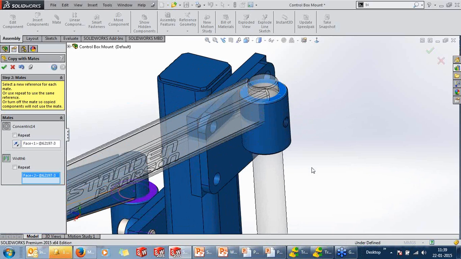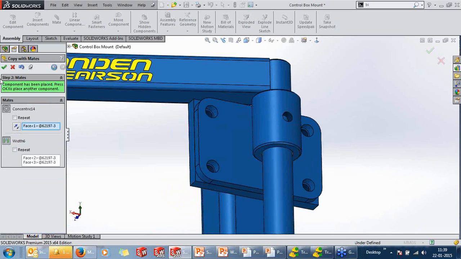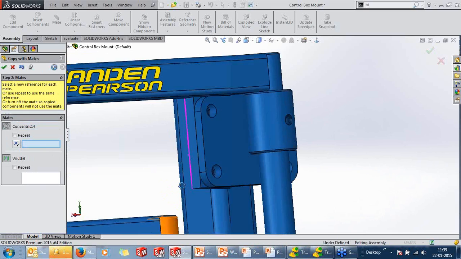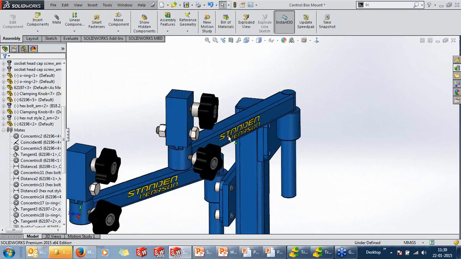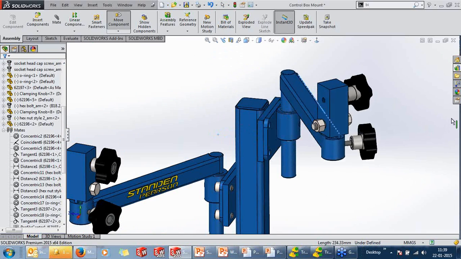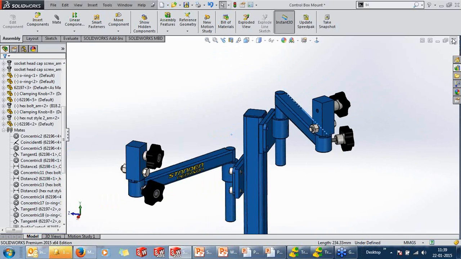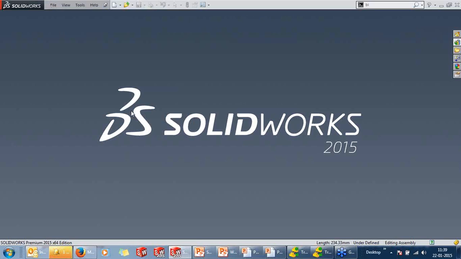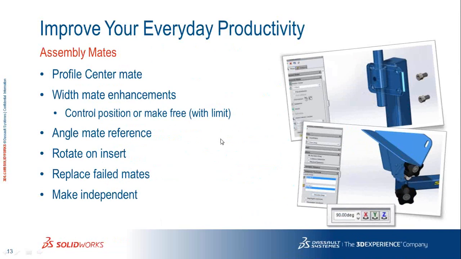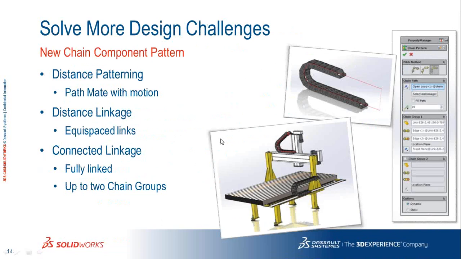Just specify the mates or references, and the assembly works according to our requirement. So these were some of the enhancements in terms of mates.